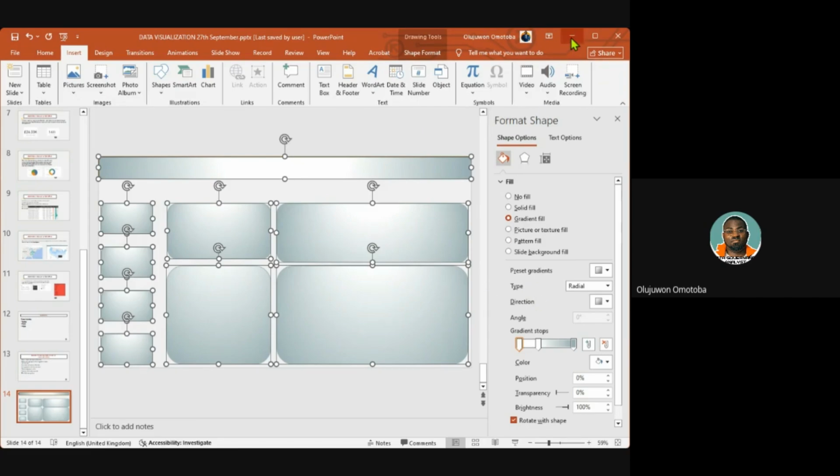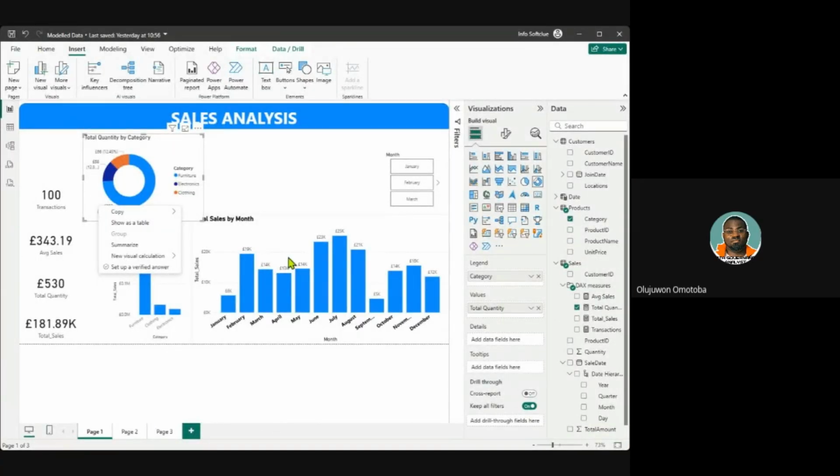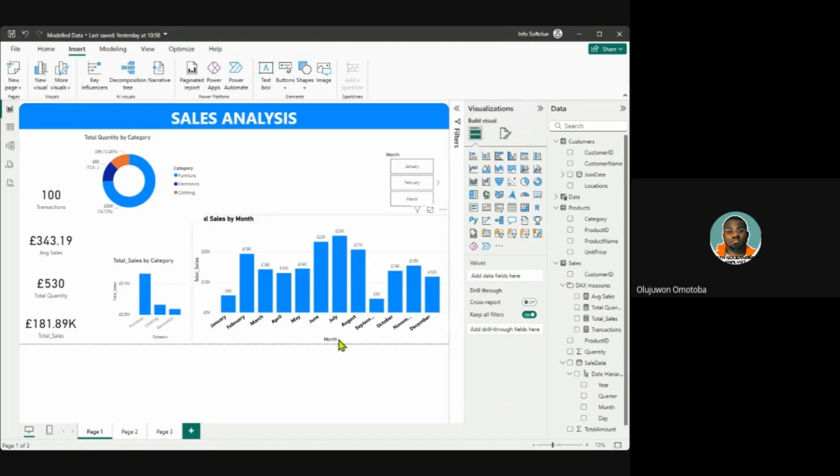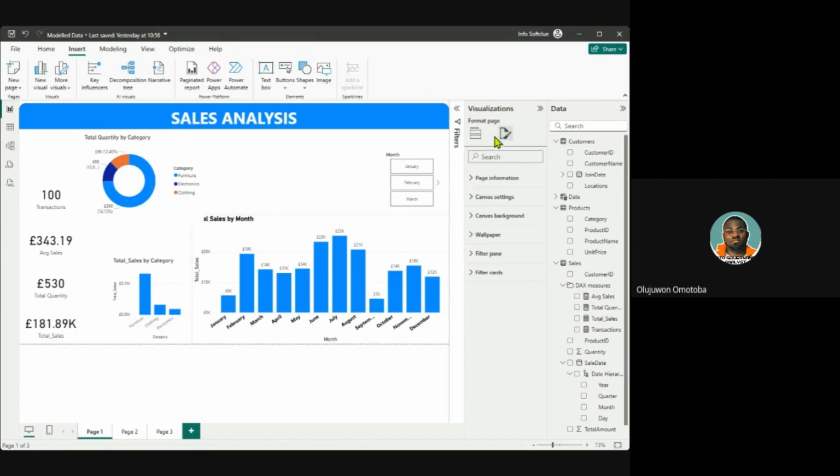Now let's go back to Power BI and bring it in. I'll have to present the Power BI environment again. Now we are back to our rough environment where we have the data all littered there. You want to arrange it now in order. So let's have the page. This is the page here, and we want to bring in the new visuals, the new background you have done. How do we do that? When you come to this environment, make sure you're not clicking anything here. It allows you to select your canvas background. That's all. You come to image. Since it's a picture, it has opened a window for me, which you are not seeing right now based on the settings of the sharing options. So once I select it,